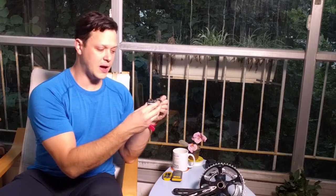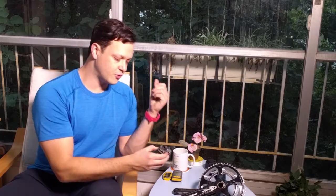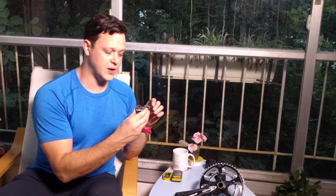measure both sides. But to me, I'm just not quite sure how I feel about that for this reason: as an exercise scientist and a strength coach, when I first started riding the bike, the first thing that I noticed is how the hips and the legs are moving, and then how the feet are moving. And what's interesting is, even as a non-bike fitter, just as a bike rider, you notice that there's a lot of variation in how people pedal their bike. So that, to me, makes it a lot harder, and there are a lot of very, very, very smart people at Garmin, far smarter than I am, that have worked on this over the years. So I'm sure they've taken that into the equation, but in my professional opinion, if you want to have the